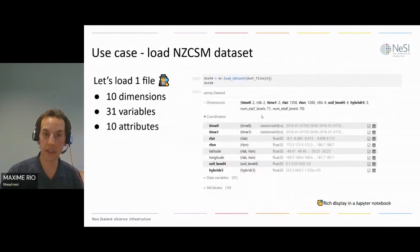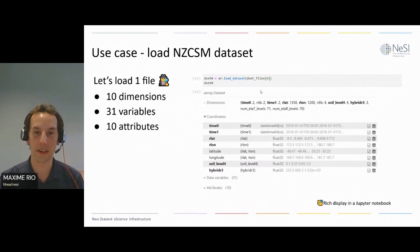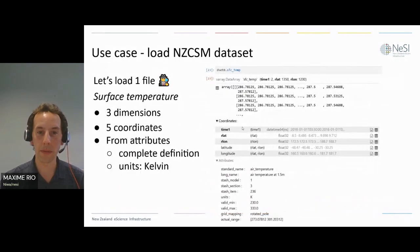An example for our use case. So here I've loaded one file of our 27,000 just to have a quick look at it. And we see that we have an Xarray Dataset which has 10 dimensions. And these dimensions let us define some coordinates. So again, the coordinates, instead of being integer based, they will have real values like latitude and longitude. And we have 31 variables. And I will focus on one variable. As I said previously, I only want to look at the surface temperature, so sfc_temp. And this is a DataArray, which in this case has only three